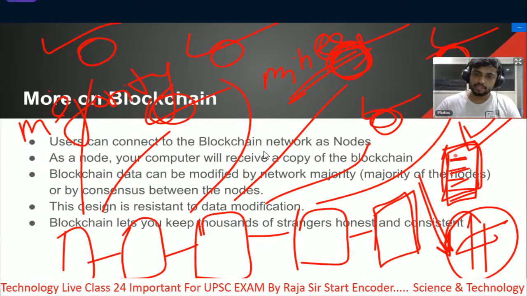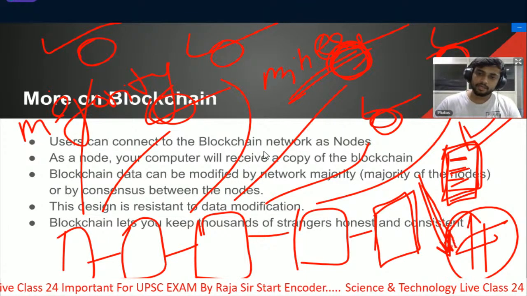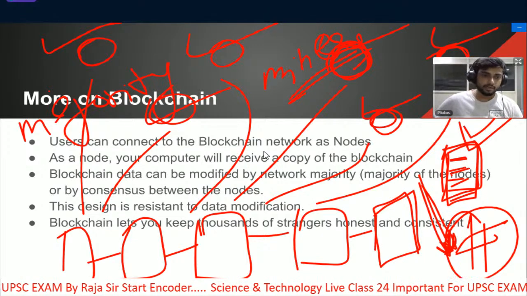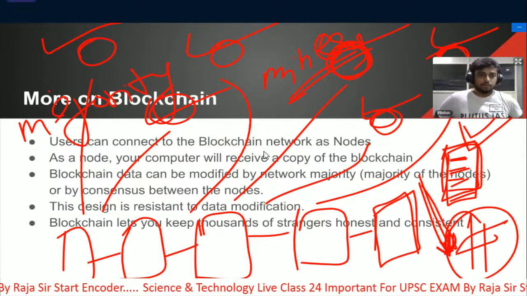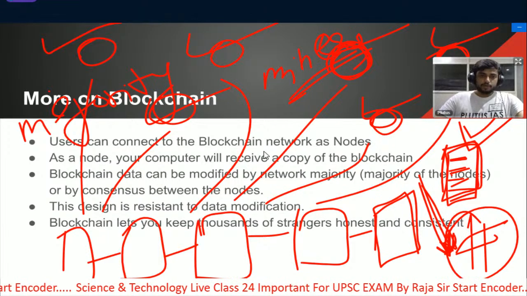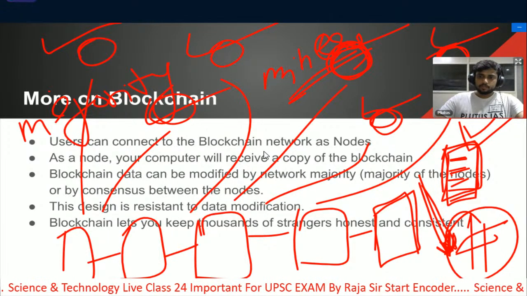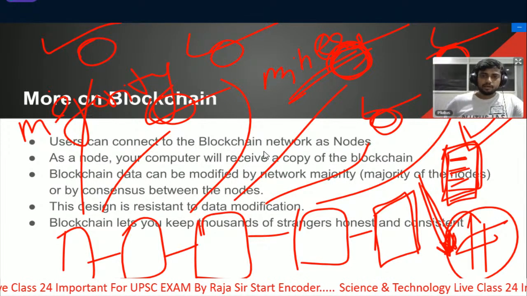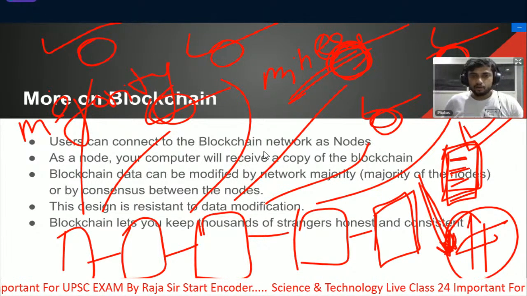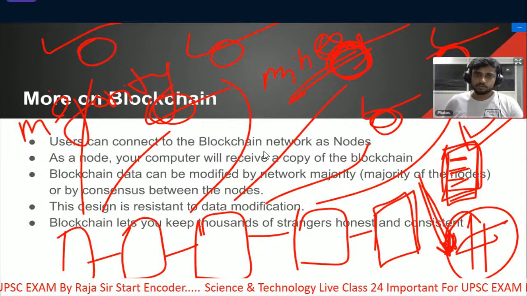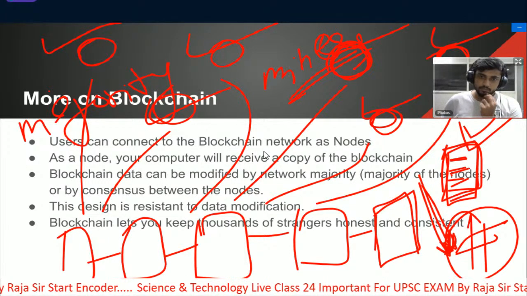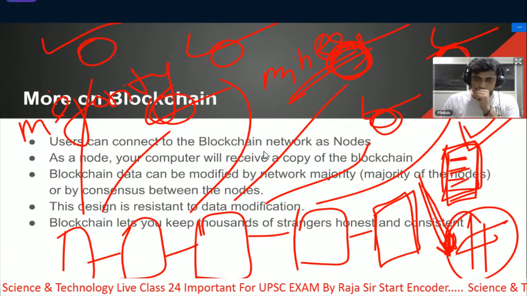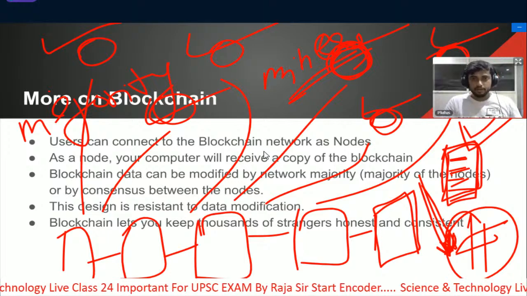And in order to verify the block, the miners will do the mining. Basically, they are solving the cryptographic hash. They will verify the content. This process is mining. The process of adding blocks to the blockchain is mining. And you are doing some kind of labor, you are solving the hash, so you will be rewarded for this process. In case of the Bitcoin blockchain, you will earn Bitcoin for this.